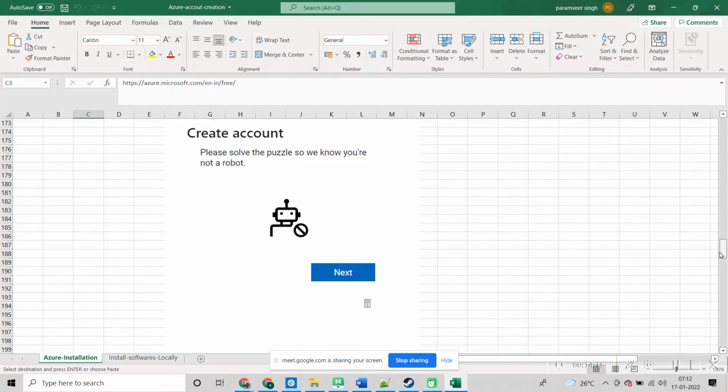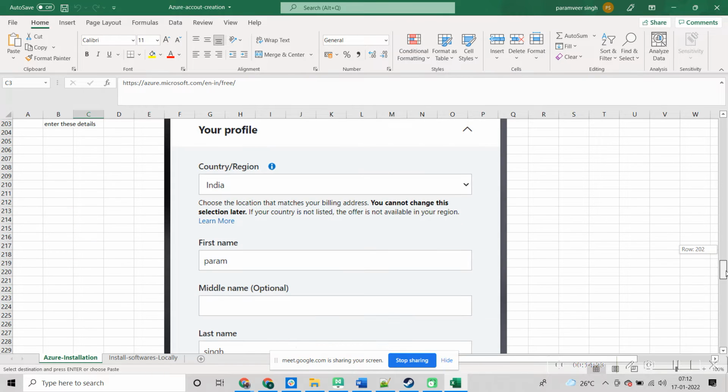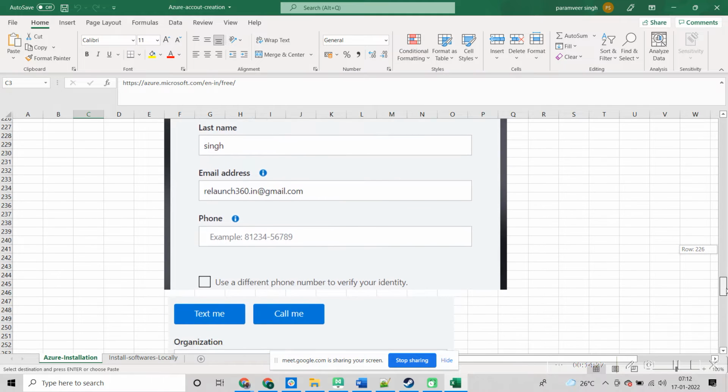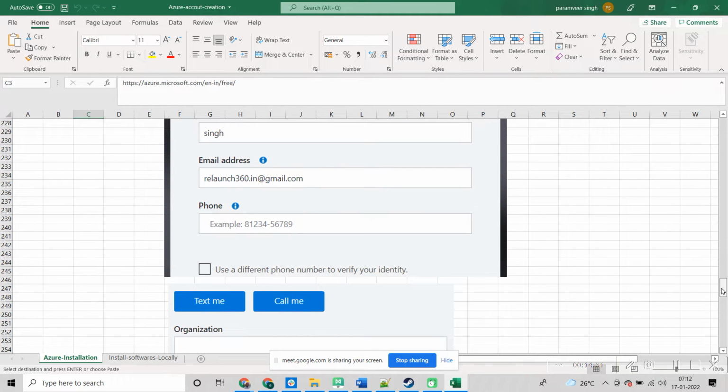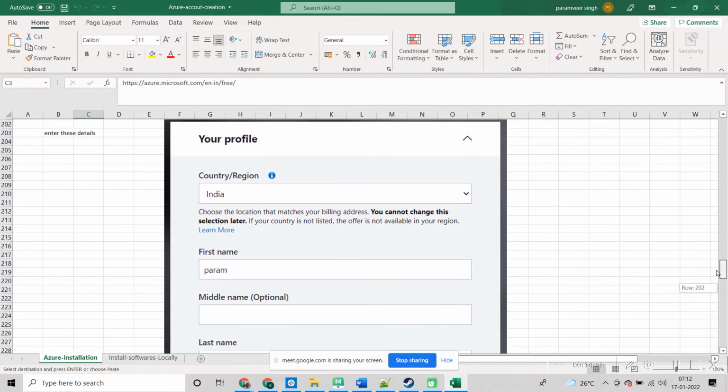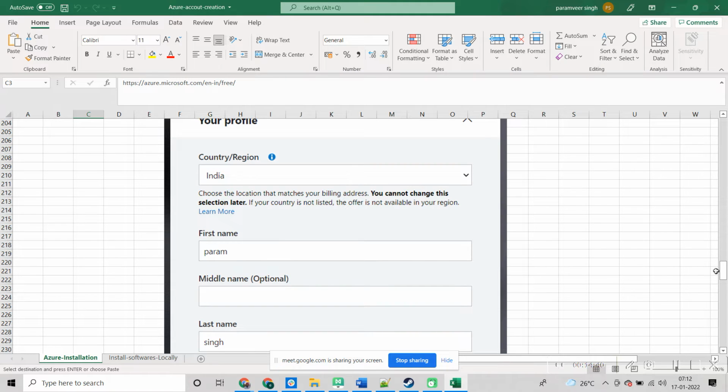Then it will ask you a puzzle. Once that puzzle is resolved, you will reach your profile.